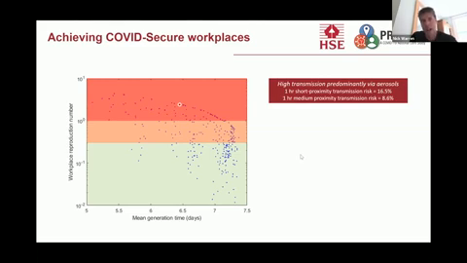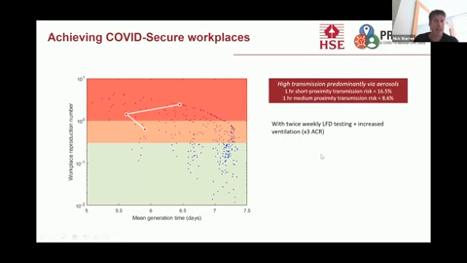So the green level, which I've arbitrarily put in at a reproduction number of 0.3, is roughly speaking the sort of level of workplace transmission averaged across all workplaces in Great Britain. That's the sort of level of workplace transmission that might be compatible with keeping whole society reproduction number for an unvaccinated population less than 1. And so starting off with a high level of transmission, predominantly via aerosols, if we introduce twice weekly lateral flow testing, we make some useful steps towards achieving control.